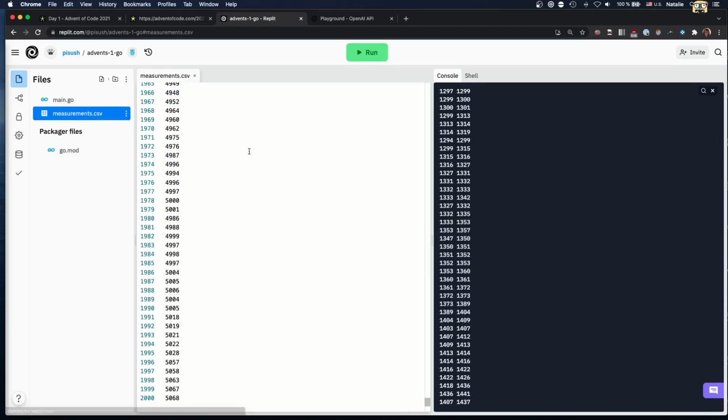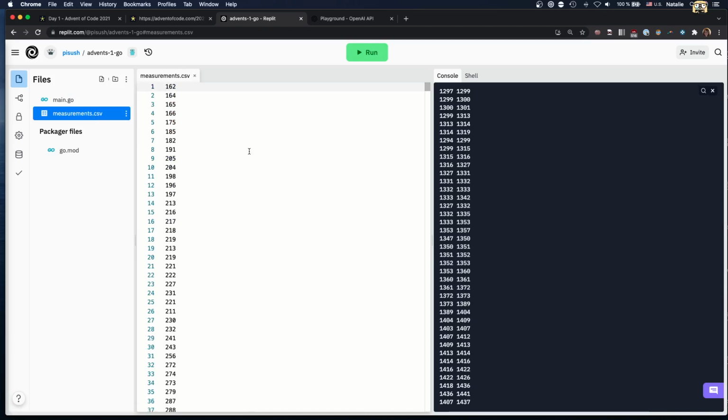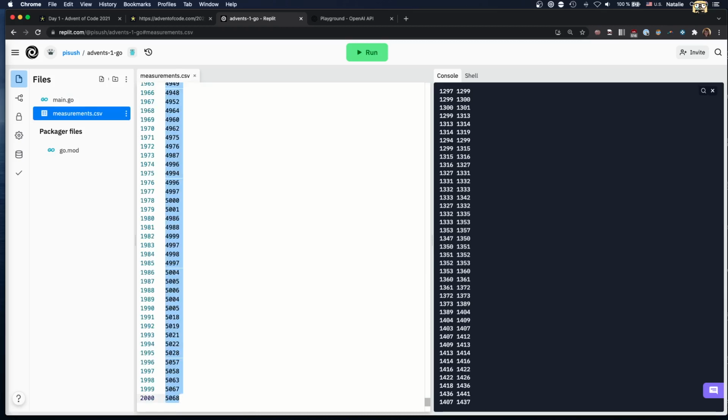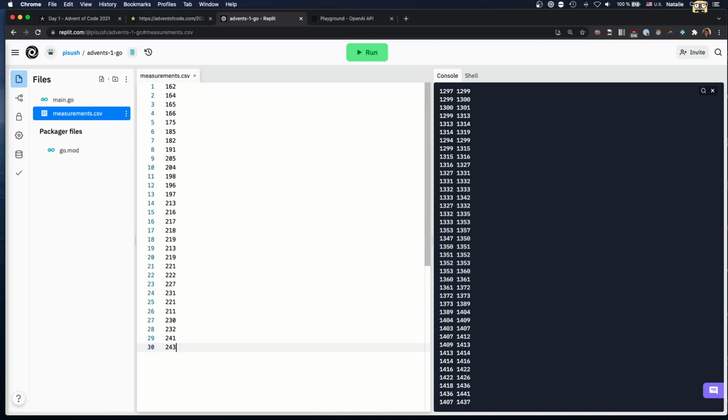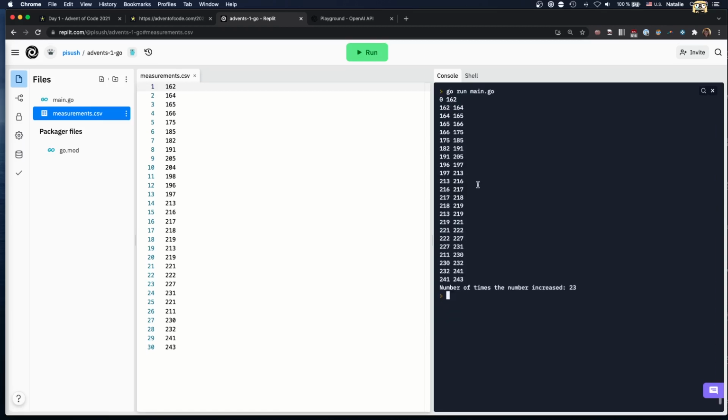So what I'm going to do for the purpose of debugging easier is limit this first to just 30 numbers instead of 2000. And I'm going to run this again. Sure, it will help me debug better. Okay, so